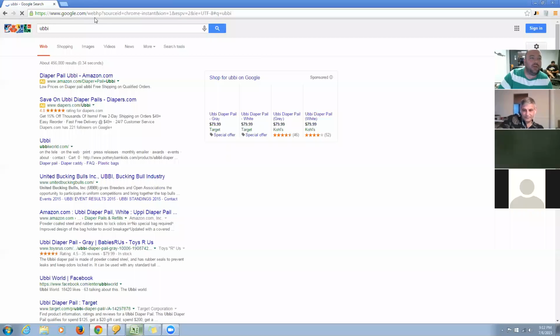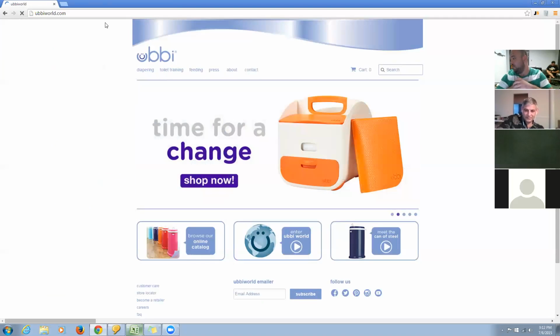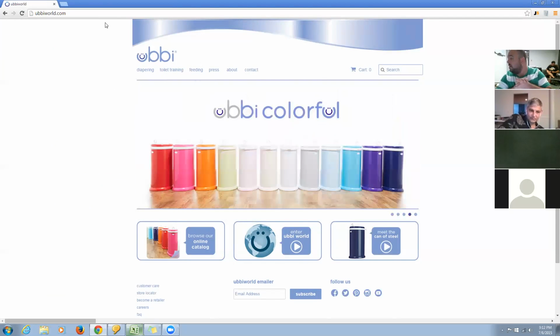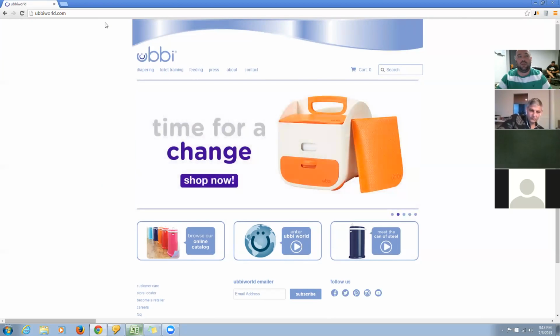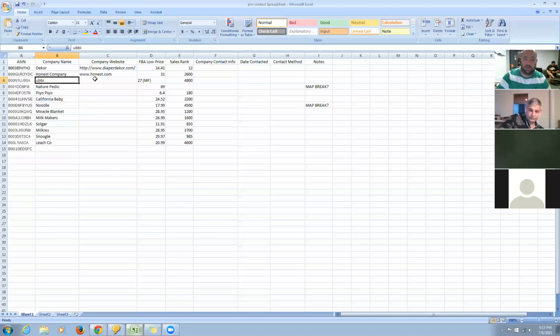Diaper stuff. Yep, that's probably the same hubby. Abby said, did I give up on EcoNo? Yes, that was an item when I first put it on the list. I had mentioned thinking it was probably a private label product because the merchant fulfilled offer was the same person as the FBA offer, which is typical for a listing you create. And then when I went to search for the product, there was no website listed. So I think I was right in my initial assumption that it was probably a private label product. I was reasonably convinced when I was putting it on there. Anyway,